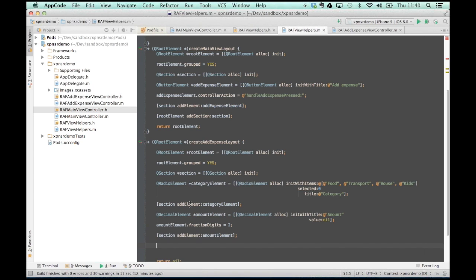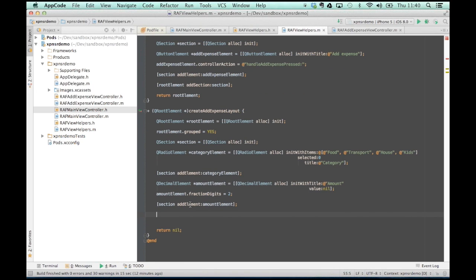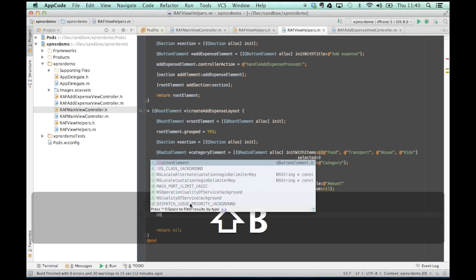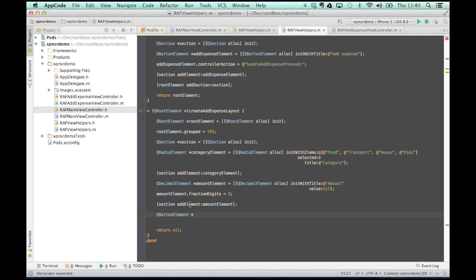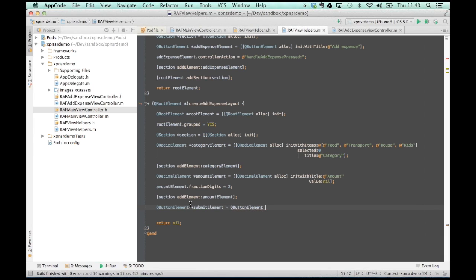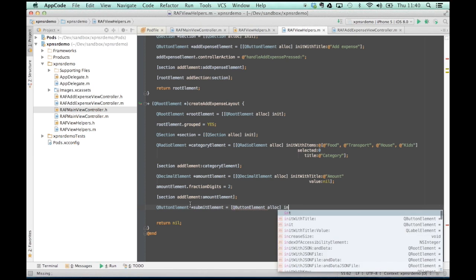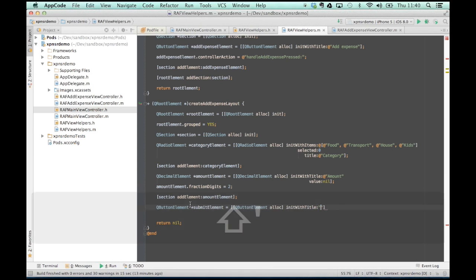Okay, and the last thing which we will need will be a button element to just submit the thing. So that's the thing we already created. Submit element, QButton element alloc init with title, and call it submit. Okay, what we need to do with that